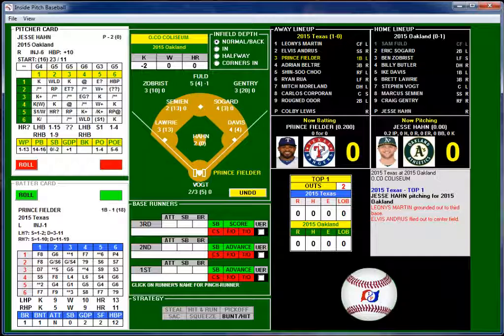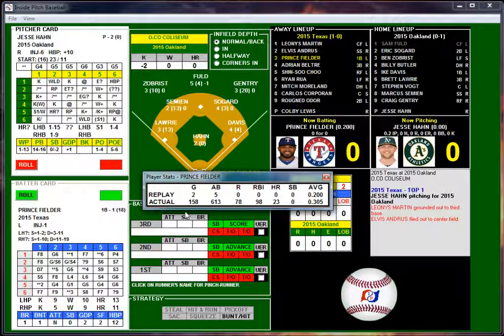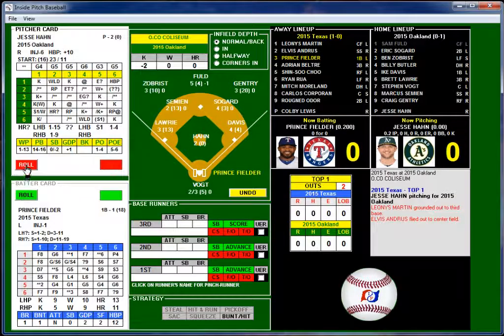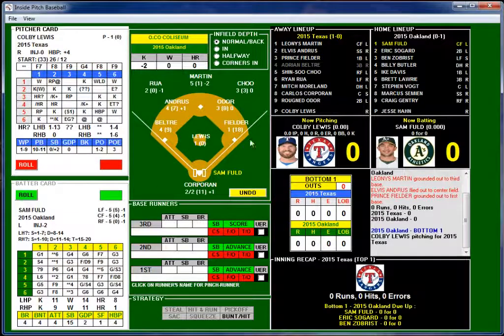All right, next up is Prince Fielder. Everyone knows Prince. Played 158 games, so almost all the games. Let's see, what was he? 98 RBIs, 23 home runs, no stolen bases, .305 average. Very respectable season for Prince Fielder there. So 2 outs in the top of the first, 1-1, and no strikeout. 23, and that's going to be a ground ball over to Davis at first.